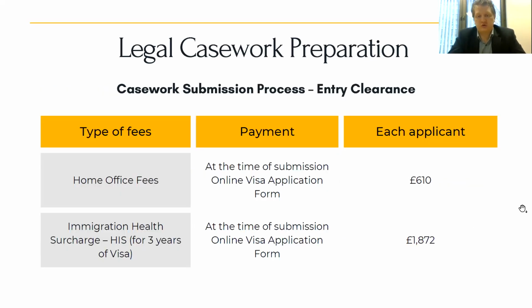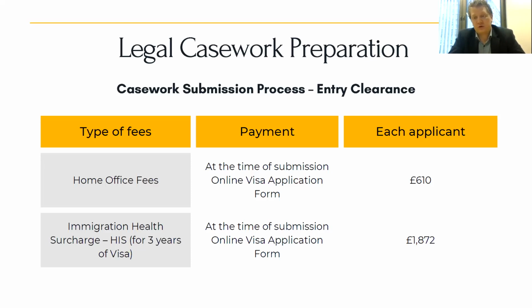Let's talk about the cost and how much needs to be paid, so on and so forth. So in regards of the cost, first is Home Office fees, £610 for each applicant, that is paid at the time of submission of the application form. And the second is the immigration health surcharge, IHS,